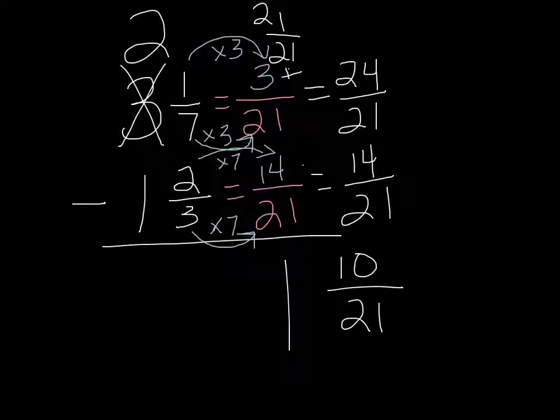Again, last thing I do is ask myself, can this be simplified? And the answer in this case is again no, because 10 and 21 only have the common factor of 1, and dividing by 1 isn't going to change anything for them. So the difference, 1 and 10 over 21, is the simplest expression of the difference between our original 2 mixed numbers. I know this can sound all kind of crazy, but I just want you to remember